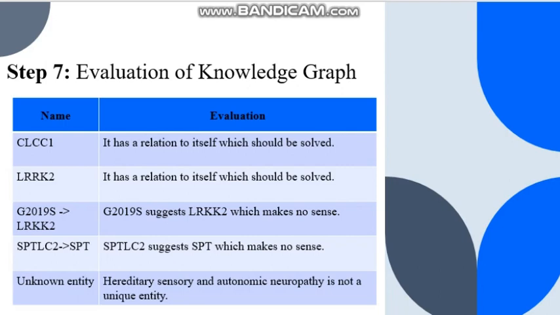Most of them have, for example, one of them has about 5 words together to create an entity. I don't think it's a good entity; it has to be divided into 2 entities or not. These are the manual evaluations of our knowledge graph. We have to check the algorithms to correct them, the algorithms of entity extraction and the algorithms of relation extraction, in order to improve them and get the best result.